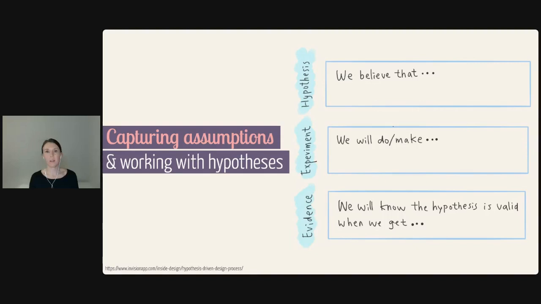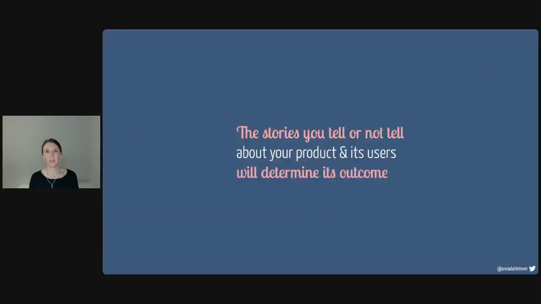And the reason why this is so incredibly important to do is that whatever story you have in your backlog, whatever user story you have, behind every single user requirement and every decision when it comes to direction to take, there is a story. There is a story about what we think matters to users, to the business, and also a story about what we care about and what we don't care about. And by actually capturing these things as assumptions and hypotheses, we put words on these things. And again, we become more aware about what actually matters.